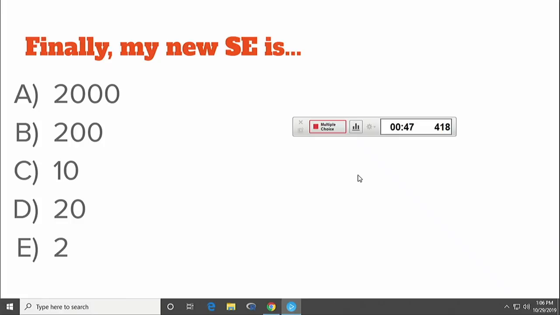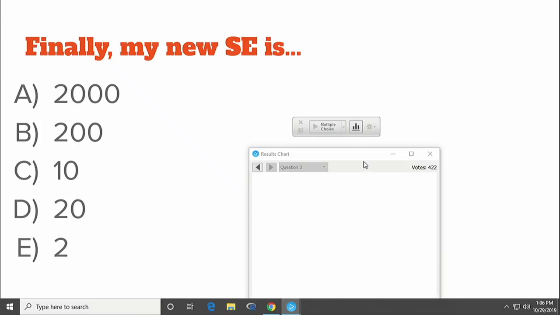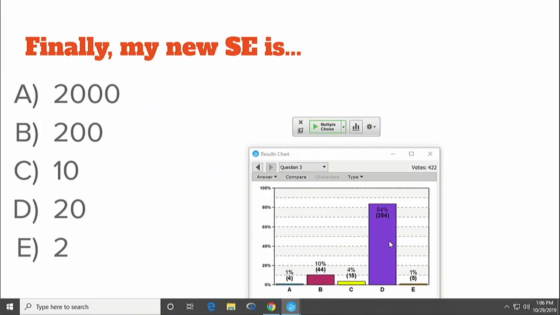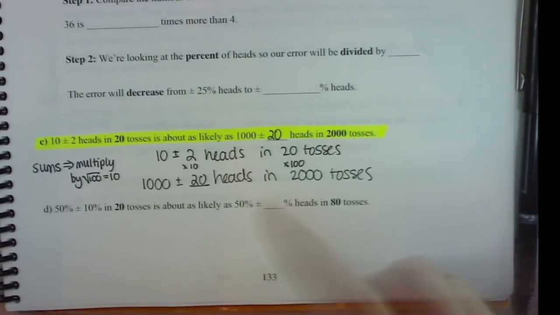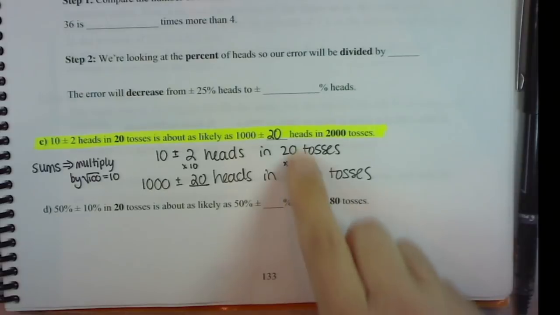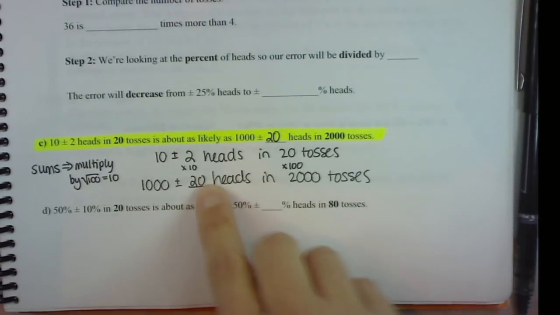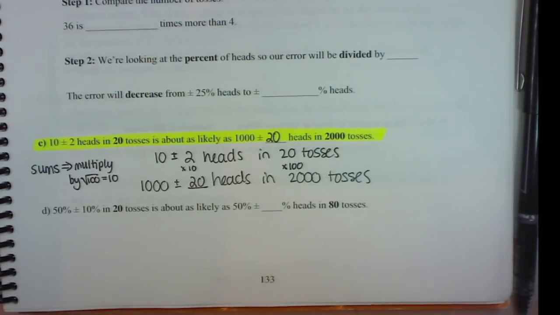Okay, finally, what is my new standard error? Let's see. So we said in the previous part, we were going to multiply by 10. So the question is, what do we multiply by 10? D, that looks great. All right, so like 85% of people seem to be on the same page. So exactly, we said we're dealing with sums, n goes up by 100, standard error goes up by the square